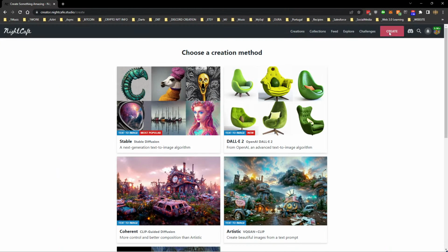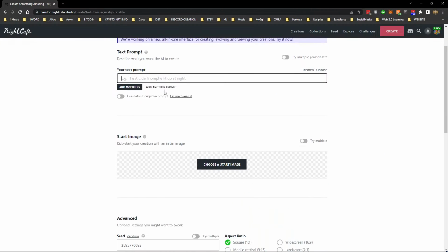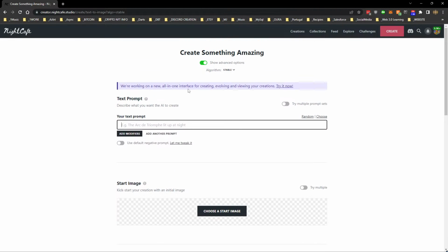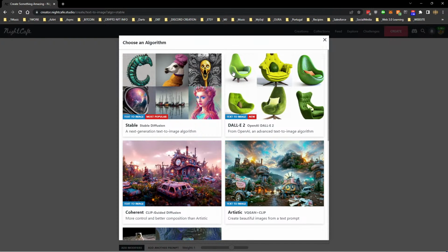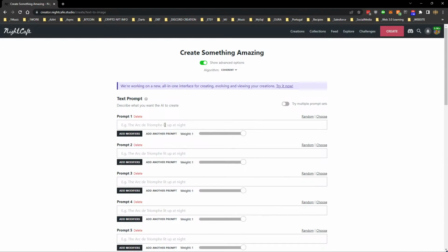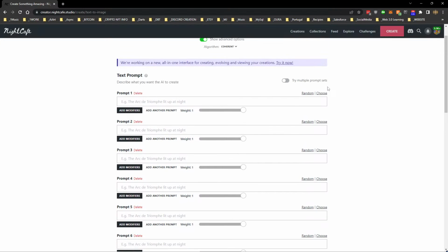So yeah, there isn't really that much that's different. Although no, there probably is actually. So we've now got multiple prompts. We can use lots of different prompts in stable. Now, when I first started using this a year ago, that was basically how we used coherent and